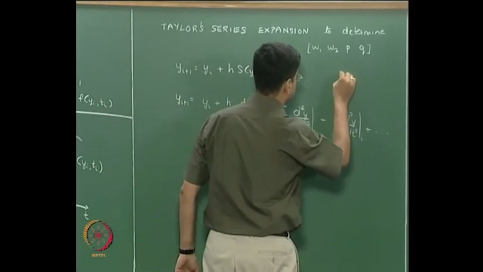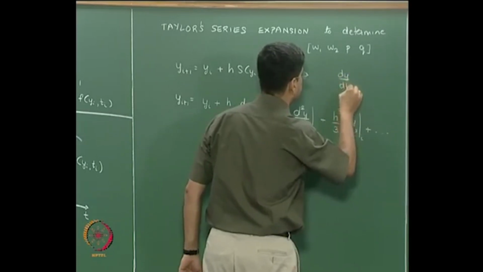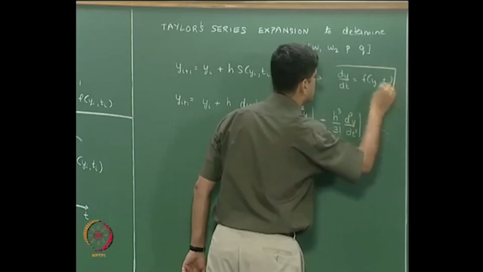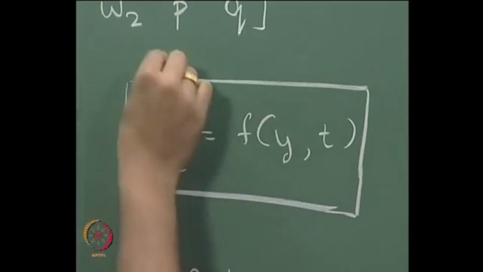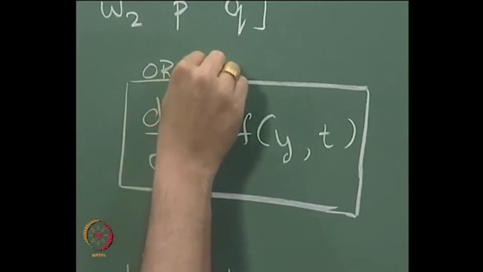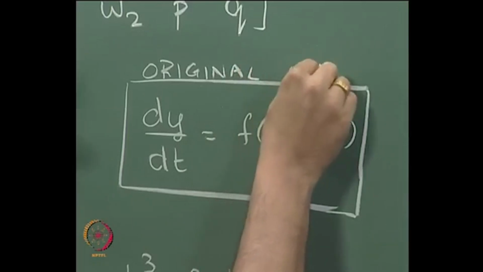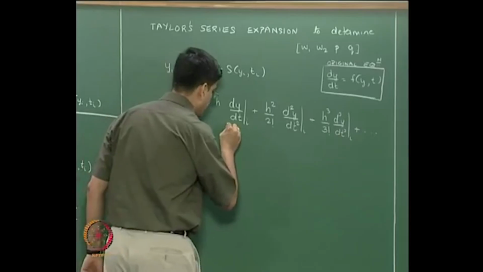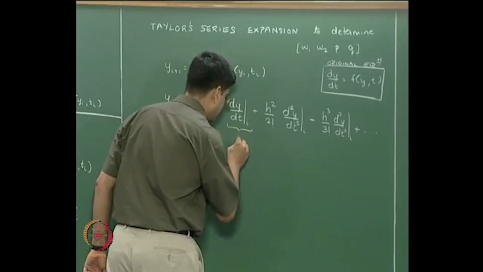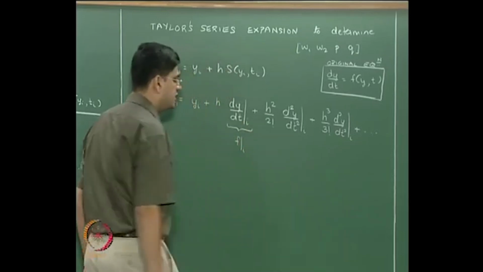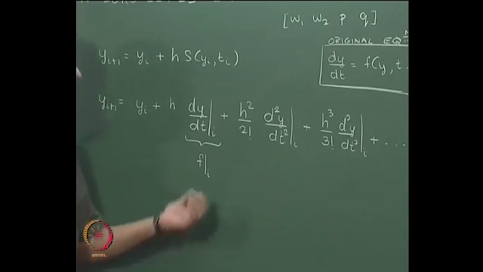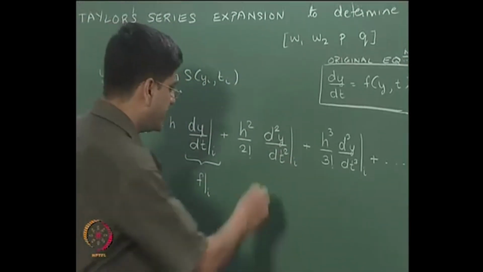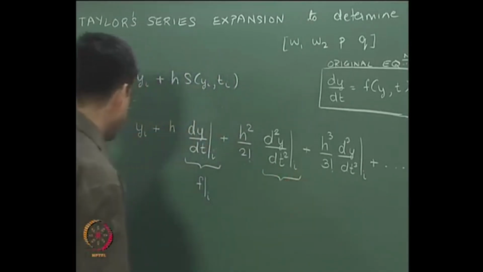Recollect that the ODE that we are trying to solve is nothing but f of y comma t. Okay, so this is the original problem that we are trying to solve. So dy by dt computed at i is nothing but the value f computed at the location i, f computed at yi comma ti. Now the next question is, what is d squared y by dt squared? That is something that we need to find